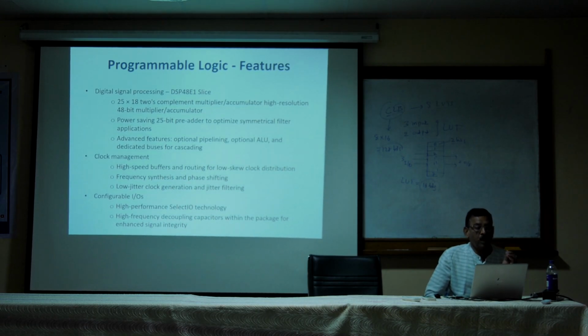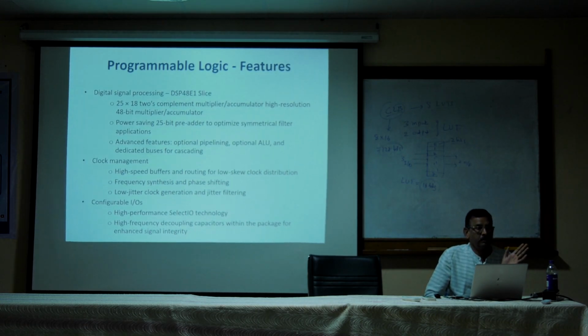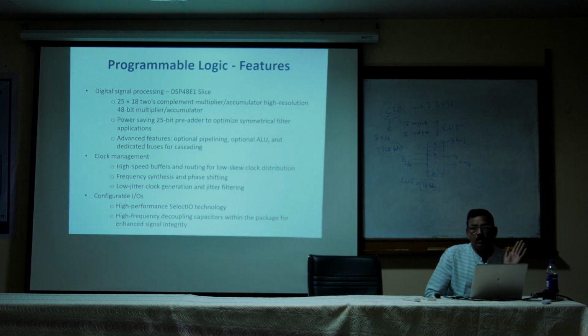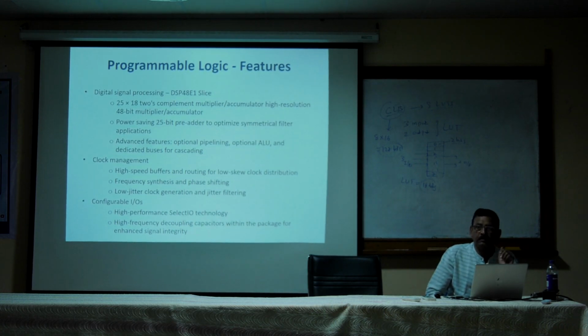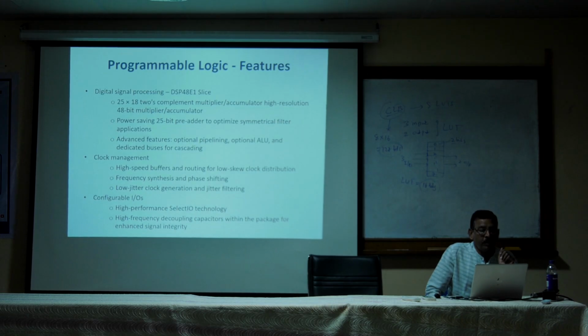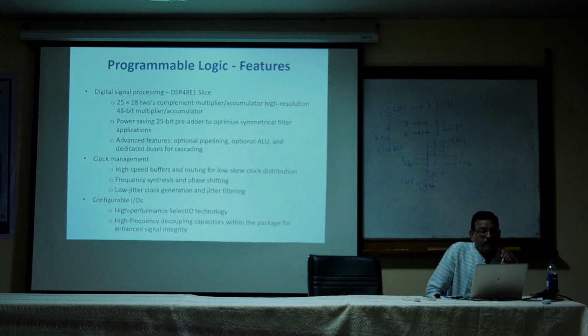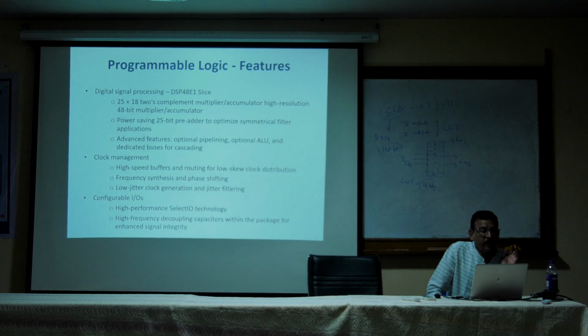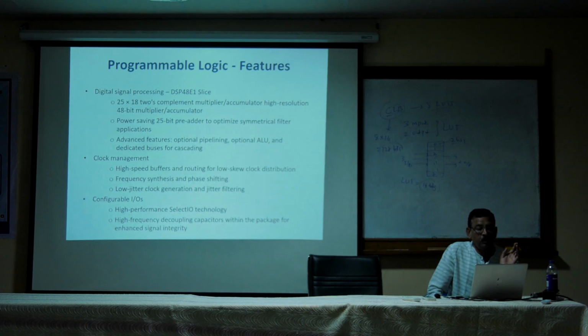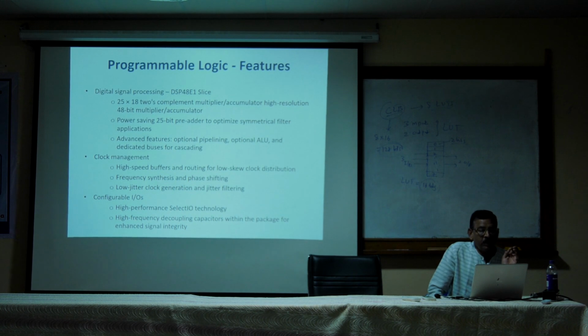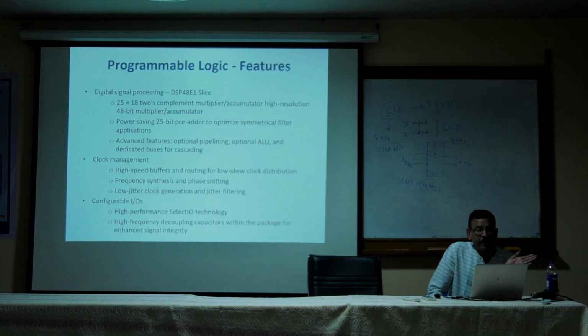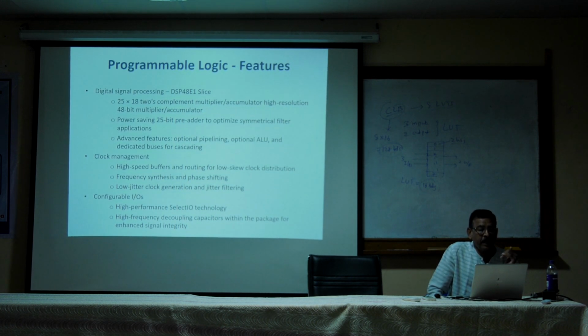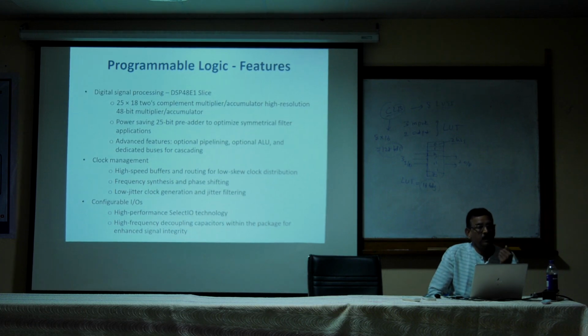We can configure that DSP. Power saving 25-bit pre-adder to optimize symmetrical filter applications. Then advanced features like optional pipelining, optional ALU and dedicated buses for cascading. These are some of the